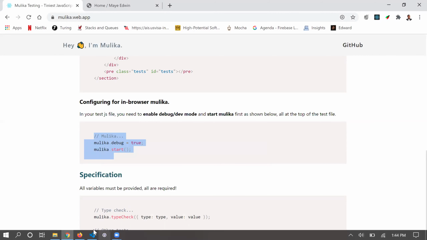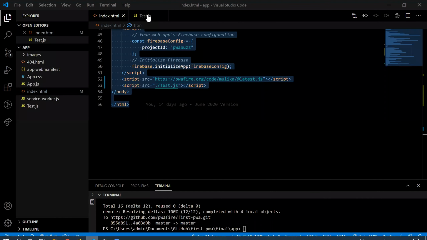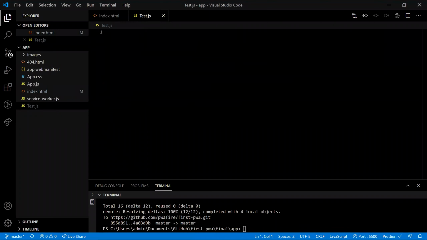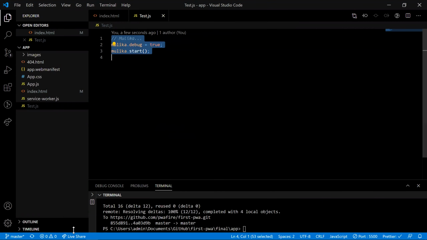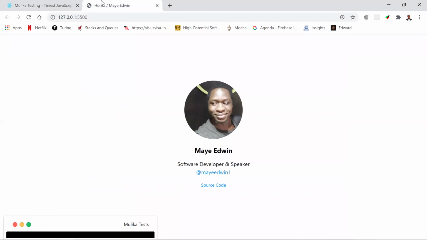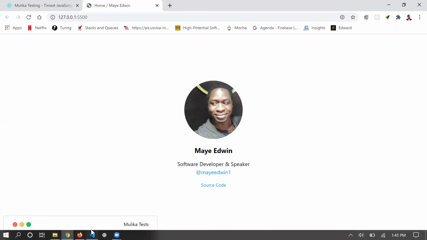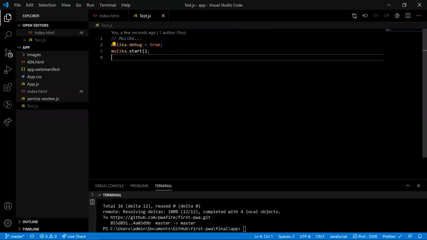So we jump into a test file. This one here, and we have Mulika set up. Format. If we go into our browser, our terminal is ready. Awesome. So that's how it is. Now we can start running our tests. So the first one we could do is